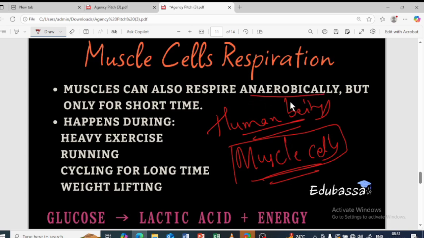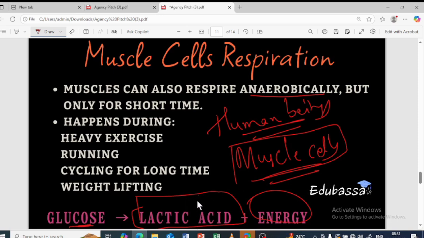because the food has to be broken down, because energy is important, right? So without oxygen, the food is broken down in the cells. The partial breakdown of the food takes place without oxygen and produces lactic acid and energy. This energy is used during the heavy exercise. Now this lactic acid will accumulate. A lot of lactic acid will be accumulated.